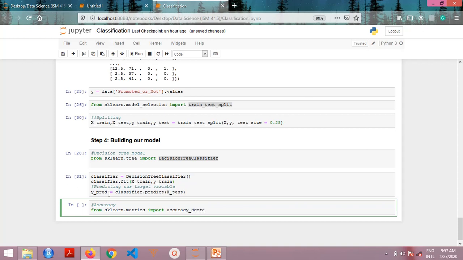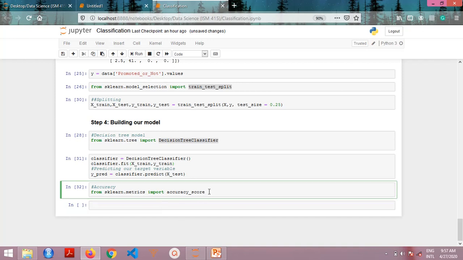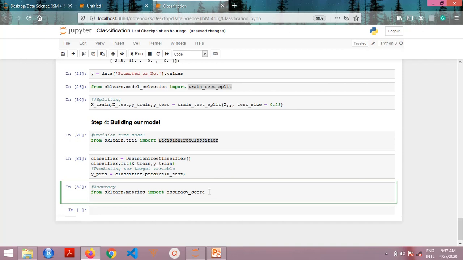Okay, so let's do it. Okay, imported successfully. Now this accuracy score is just going to take two parameters, your testing set and your predicted